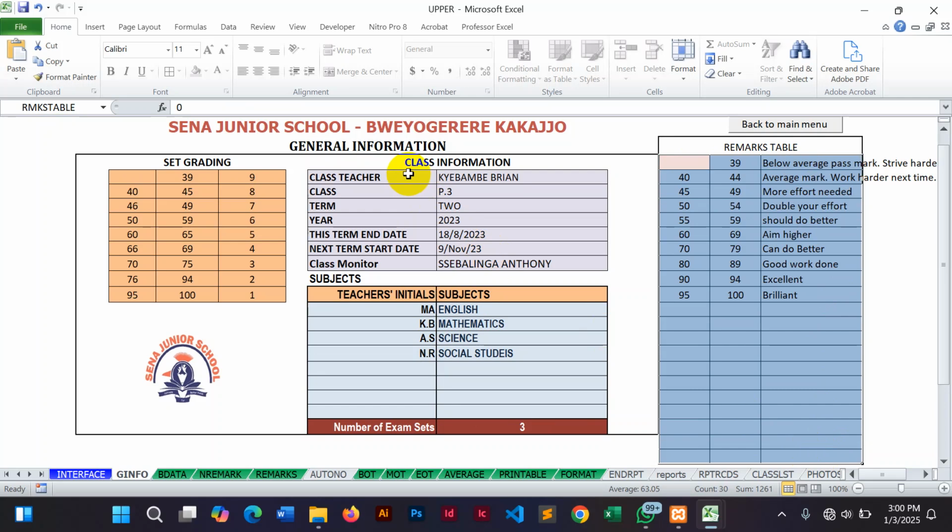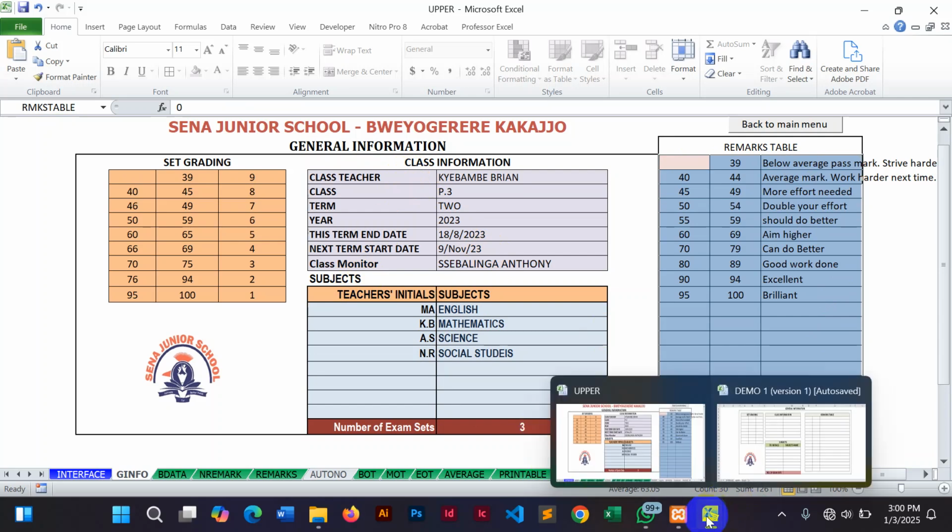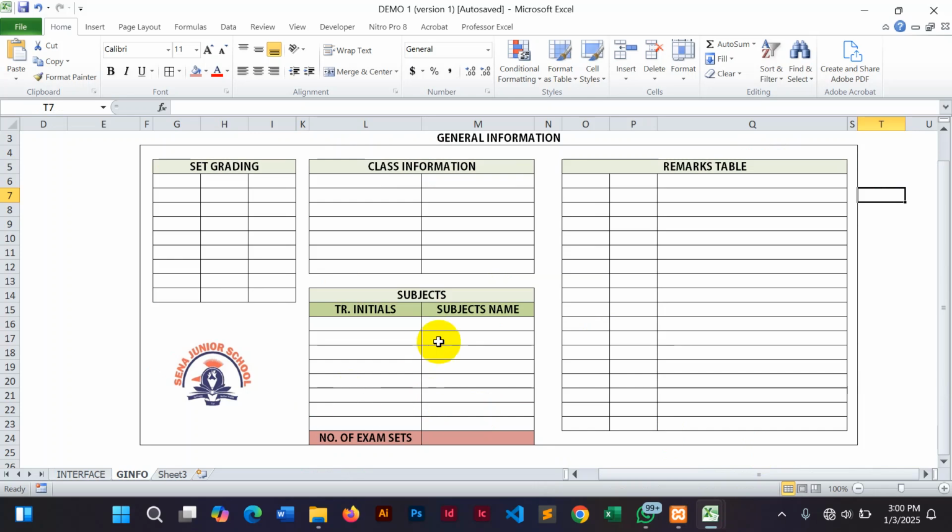What I will do, I will show you how to do that. So I said the subject initials, subject's name. So I'll highlight all this like this. You need to first highlight all these tables. I'm showing you. Highlight all these tables. Now come on